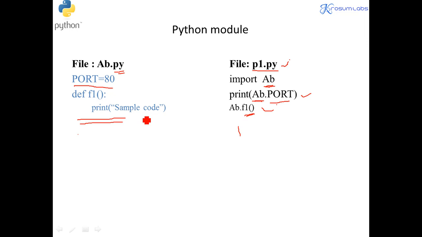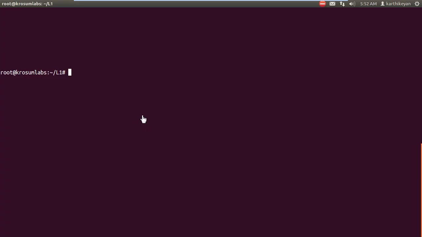I'll show you in my system. For example, you can come to this. This is my Linux box. So here it's an empty directory. There is no file. I'll create a sample file. File name ab.py. You can use any combination of naming.